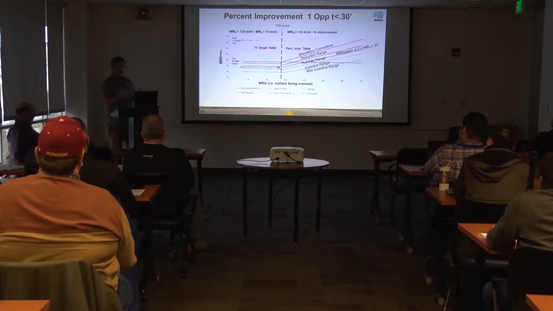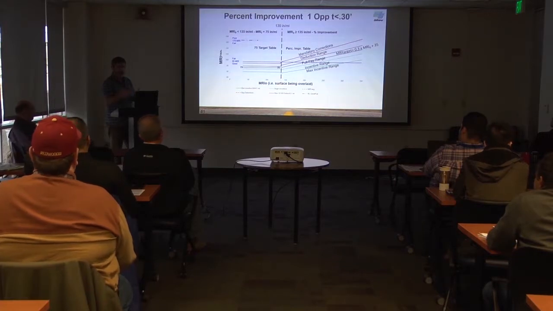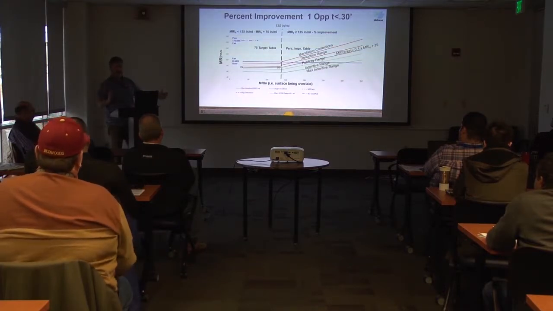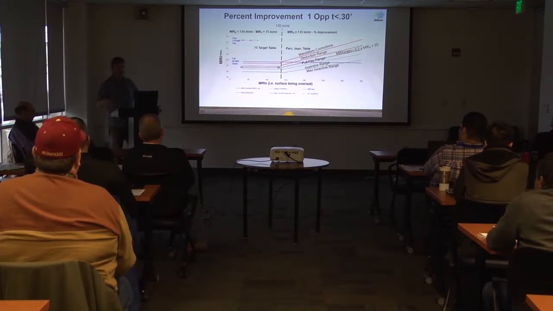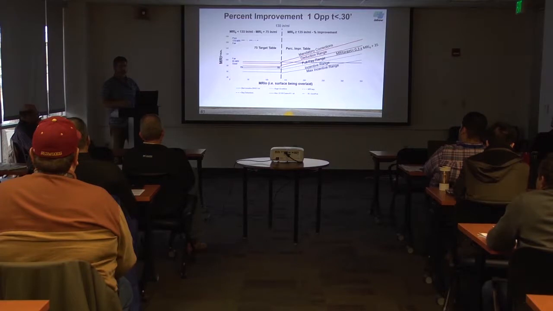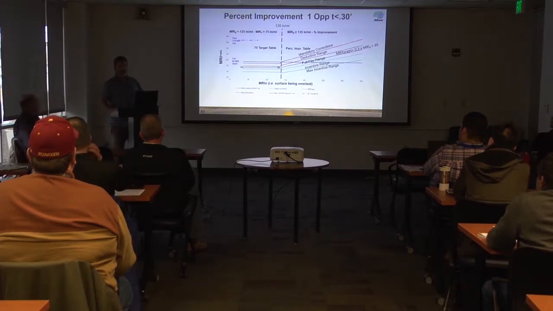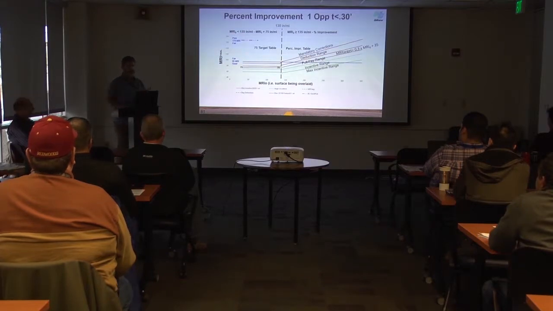It was a micro mill surface. They used a micro mill. They didn't have to. They just decided to. And then there were long enough sections where they could come through with their inertial profiler. Not that they had to by spec, but they did. They ran their profiler over that, and they said, okay, there's a couple spots where we don't want to pave over that. We want to do what we can. They went to great extents to make that really smooth, right? You saw the numbers, the 40s, 30s, in some cases 20s. It's unheard of when you talk to most contractors, but they can do it. It's just, that was 2 opportunities because they had,